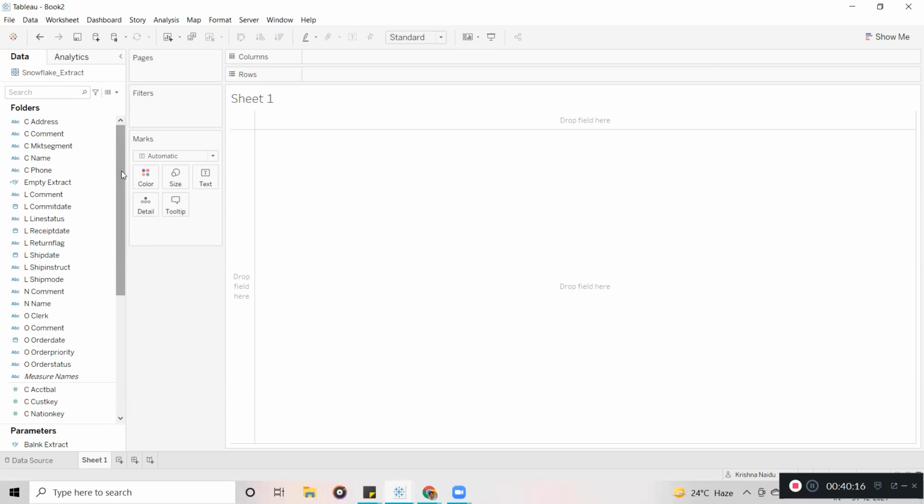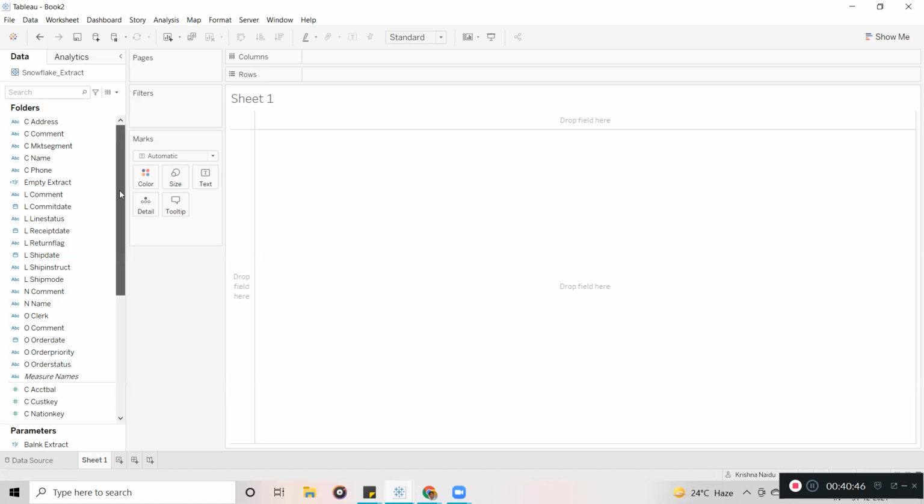Then you can create one folder and keep all these 50 columns in it, and name that folder sales. Or if you have order-related information, you can create one folder and keep all the order-related fields in it. Or if you want to keep all the location-related information, you can create a folder for that.